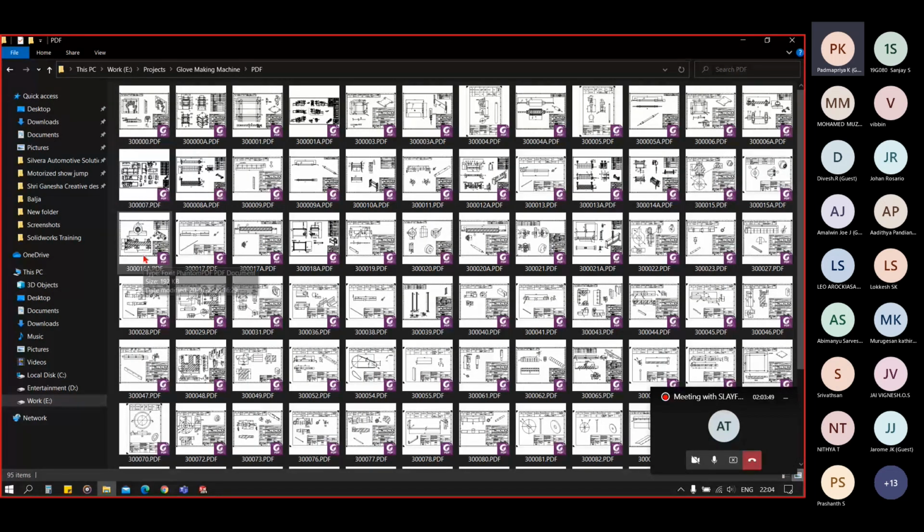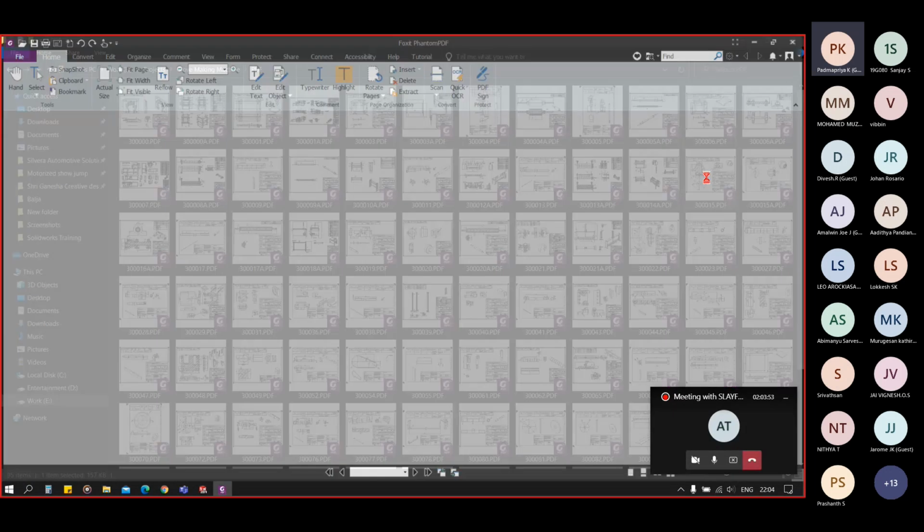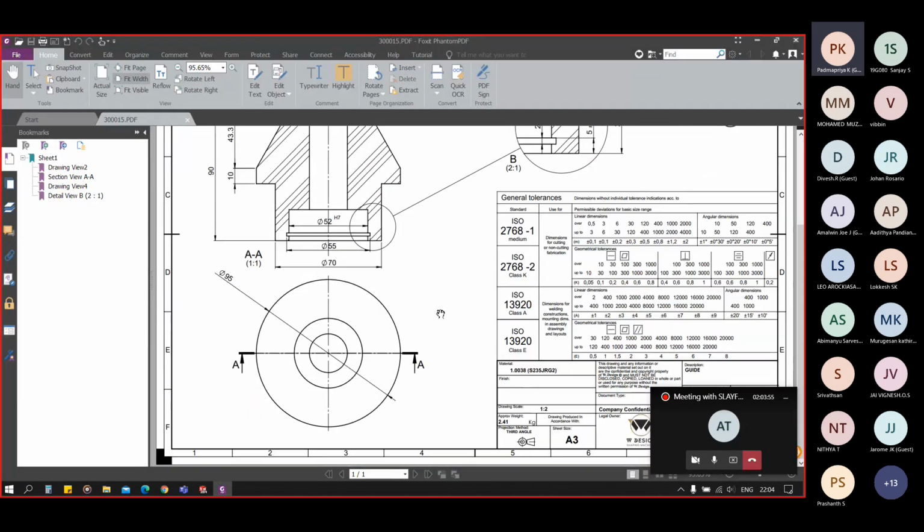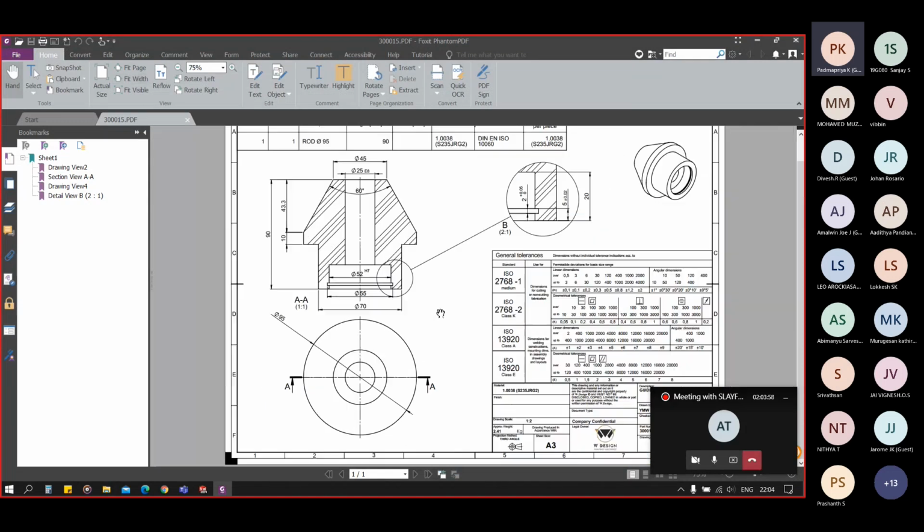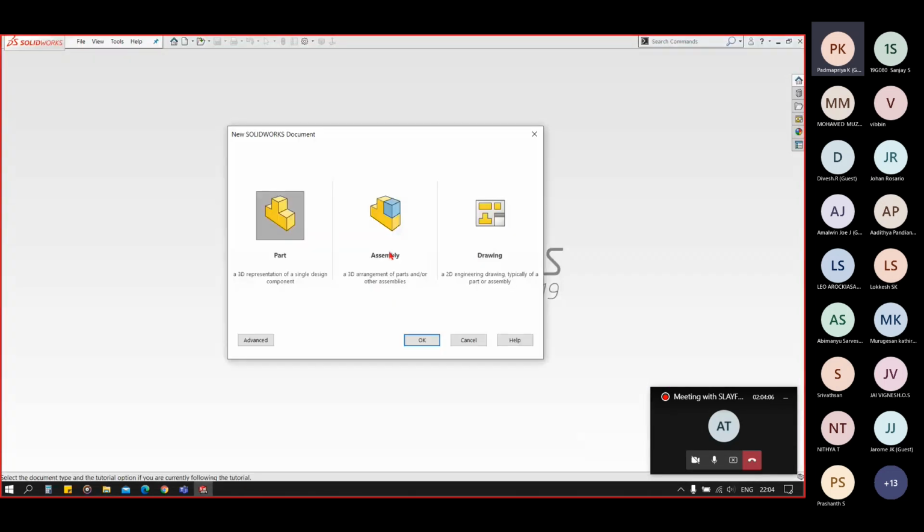Section view. You can see this is a section view. Now I will show you how to add it.